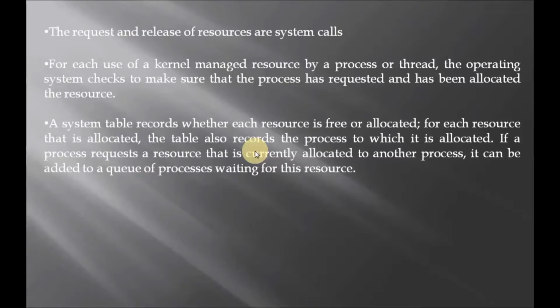That's why. And if a process requests a resource that is currently allocated to another process, what you have to do? It can be added to a queue of processes, the waiting queue. You can add that process to the waiting queue. Getting, guys? It should wait until the resource becomes available. So this is very important. The OS should maintain a table, right? And the next thing,